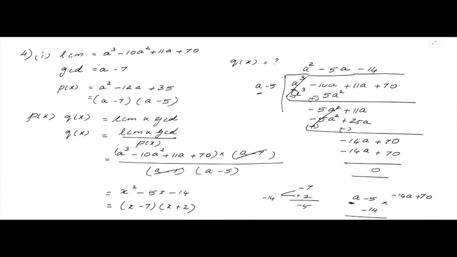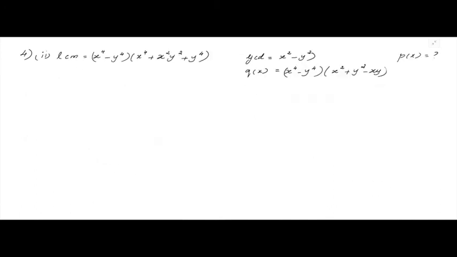Sorry dear, here not x, it is a. Okay, make a correction with that. That is a square minus 5a minus 14, and that will be a minus 7 into a plus 2, right? If you are having a, then you have to write a only. I made a mistake, sorry. Okay, we'll move to the next one, ma. One more subdivision, we'll finish with that. Yes, take the next one, ma.